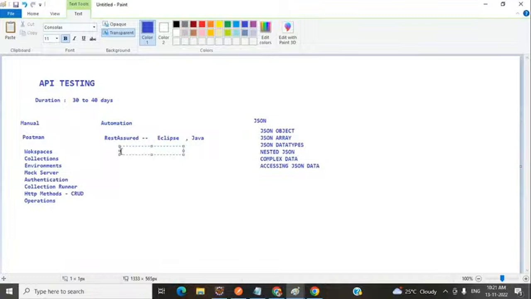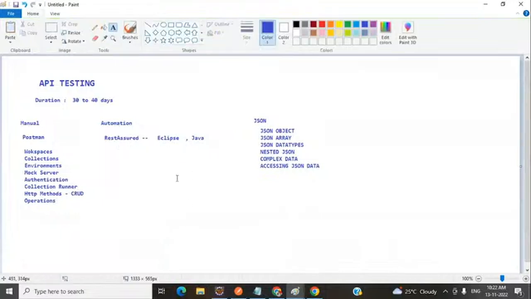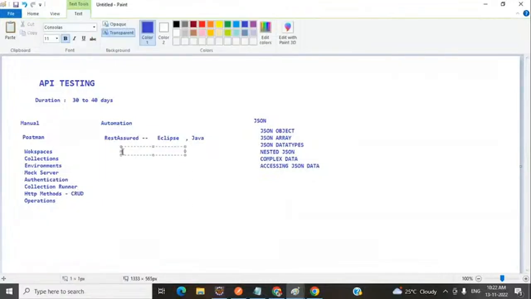Before jumping into Rest Assured, I hope you all have basic knowledge of Java. Because before jumping into the automation part, we will be making use of the Rest Assured library, and we are using the Eclipse IDE, and we are using the Java language to write the scripts. So first, what we will be doing,